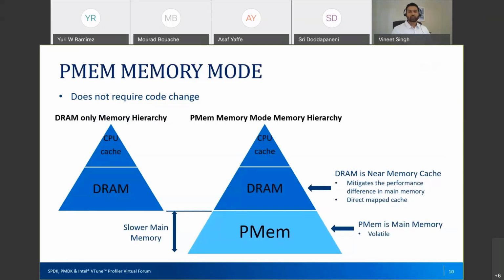So that's a very good question. We have a bunch of PMM specific metrics in all the analysis types. For example, if you run Platform Profiler while running your workload on a Memory mode system, you'll see a metric like near memory cache miss rate. So you will be able to get exactly what percentage of traffic is missing your near memory cache and going to PMM. In addition to that, it will also give you information about what is the bandwidth you are getting from PMM, what's the latency for your PMM accesses,